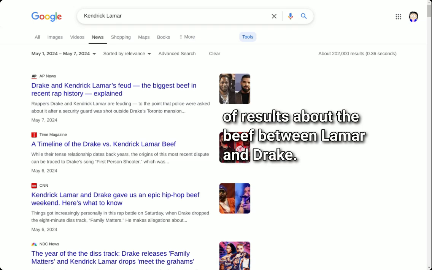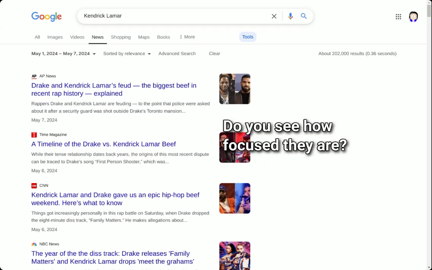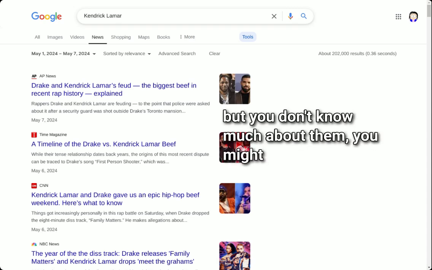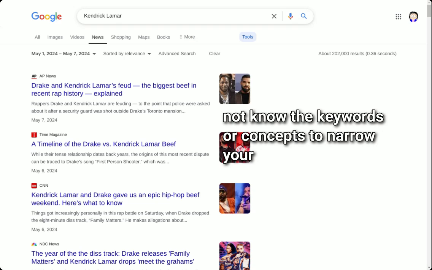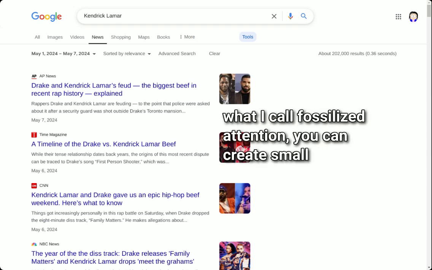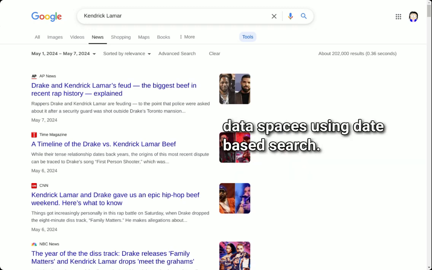a lot of results about the beef between Lamar and Drake. Do you see how focused they are? If you want to search someone who's very famous but you don't know much about them, you might not know the keywords or concepts to narrow your search. But if you use Wikipedia page view data, what I call fossilized attention, you can create small data spaces using